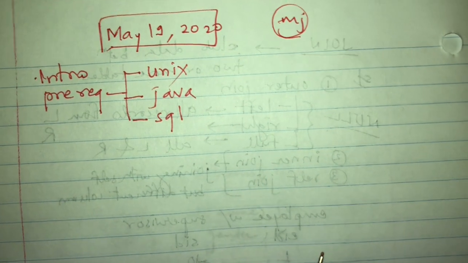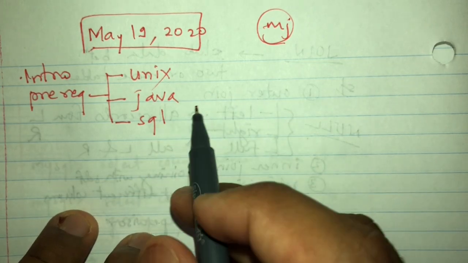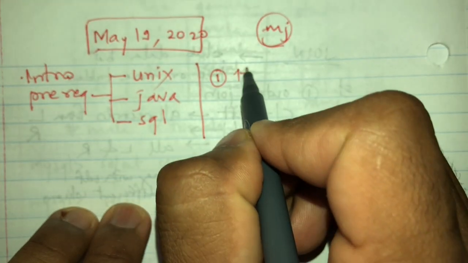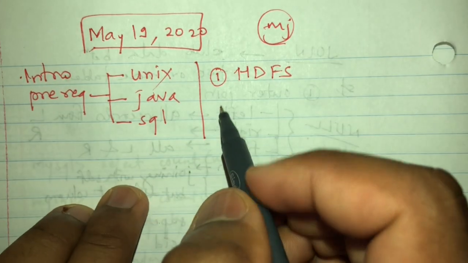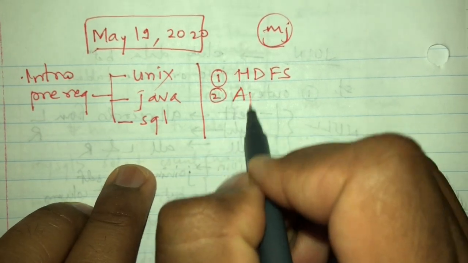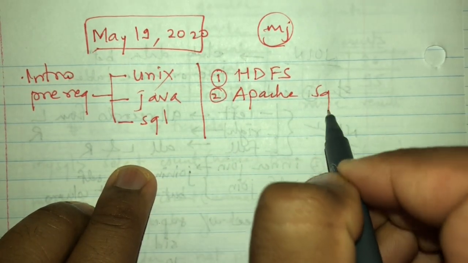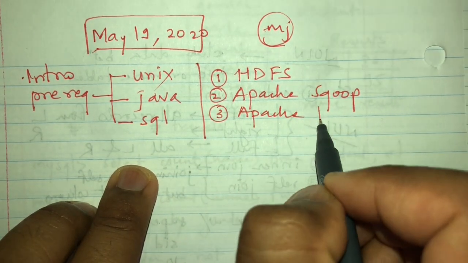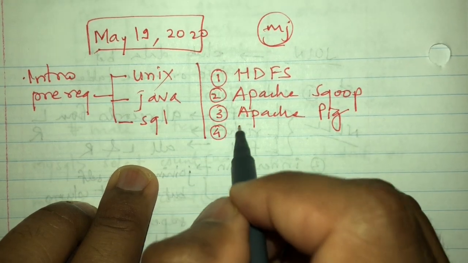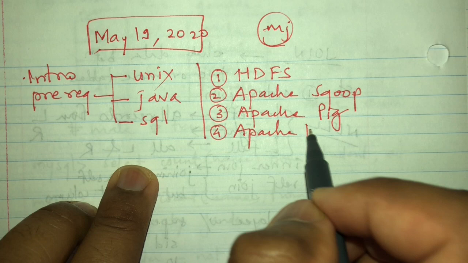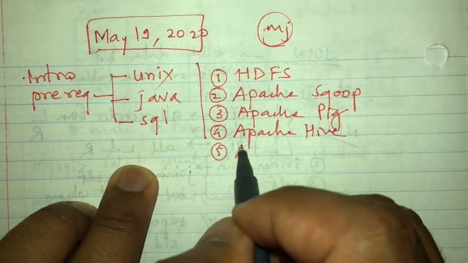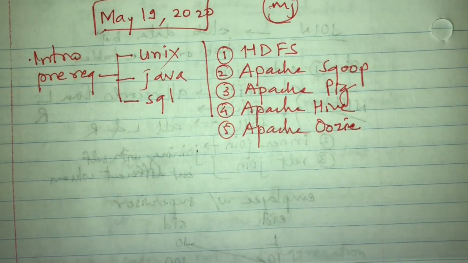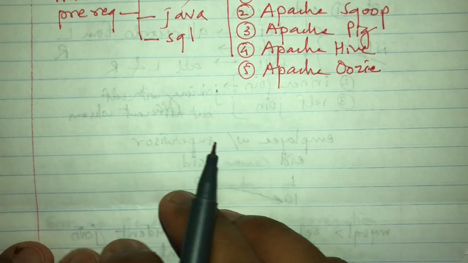So from this video onwards we will start actually going through the course, right? From this video we will see HDFS, then in future we will go through what you mean by Apache Sqoop, followed by Apache Pig, then Hive. After that, the next step is Apache Oozie, and we will see how we can evolve from this list. So let me start off with HDFS,